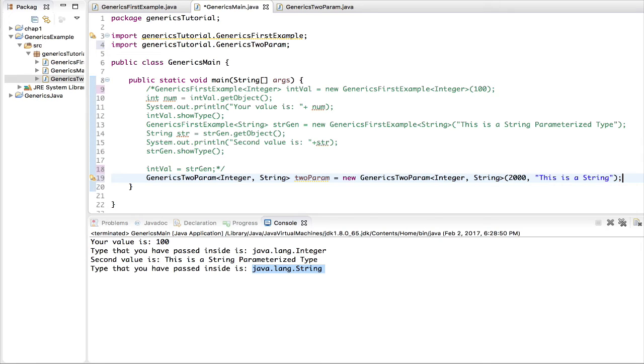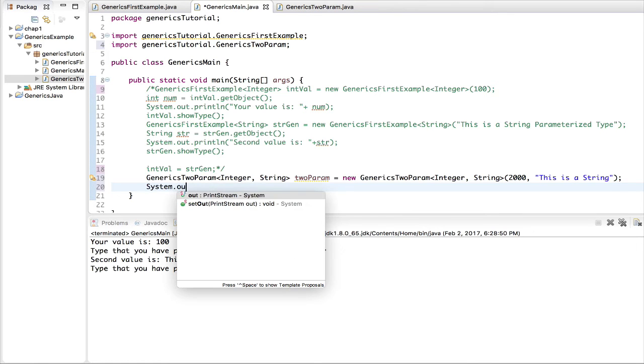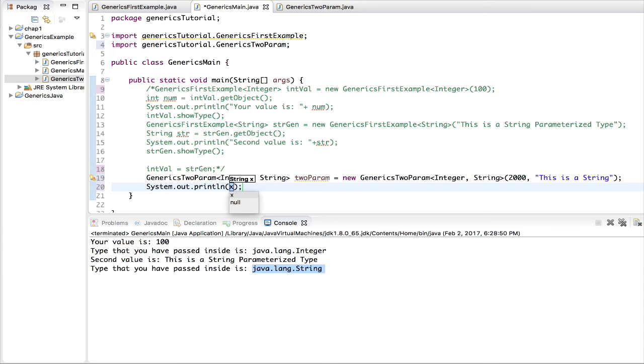And there we go, we have our object. Now the object actually doesn't print out or wouldn't show anything on the console, so to do that we will do the same thing like before, and let's do that. System.out.println, and this time we're going to say values are, because there will be two values that will be printed out. So the first value will be, or we could just say, you know,